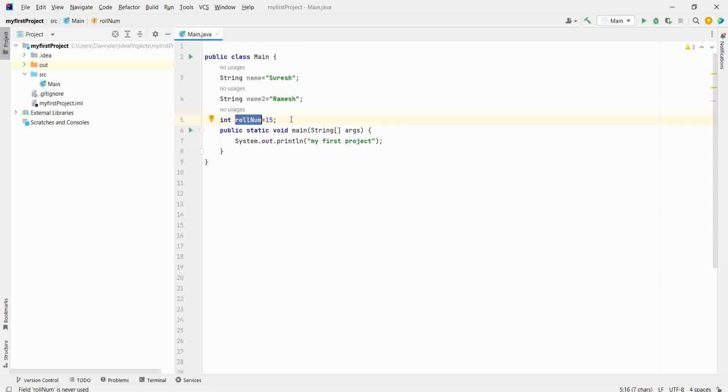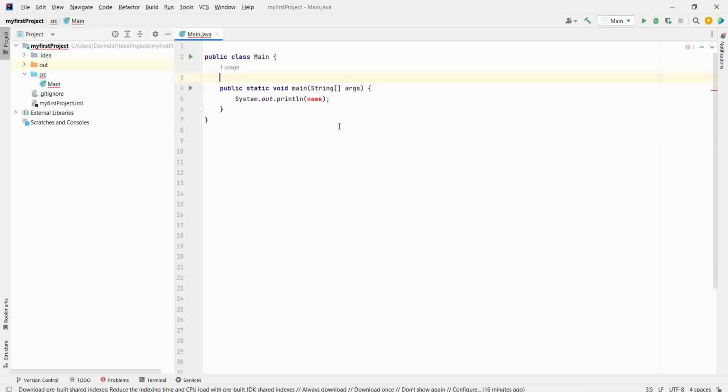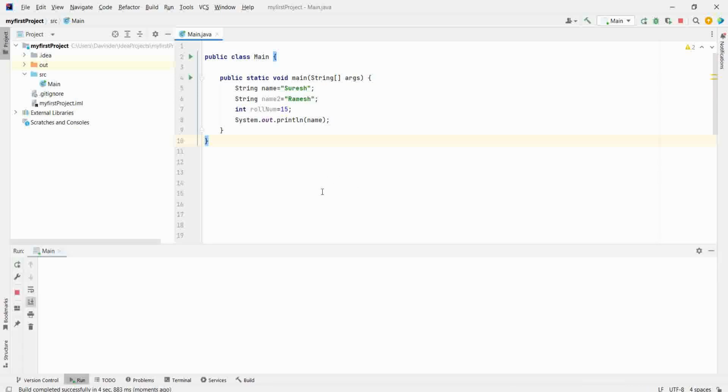Now, if you want to print a variable, if you print name, what will it print? It will give you an error. The reason being, first let's cut it from here and paste it inside the variable. Now if you print name, it will not give you name, it will give you Suresh, because a variable is anything which holds some value.